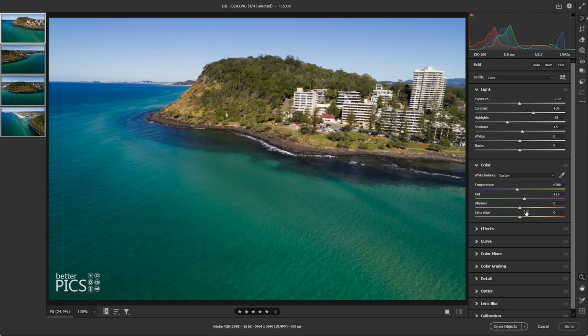The next one is vibrance. So vibrance and saturation are the 7th and 8th settings that I make adjustments to. I tend to use vibrance a little bit more, so I start at +30, and you can see that's just giving the colors a little bit more intensity, but it's not oversaturating colors, so different color